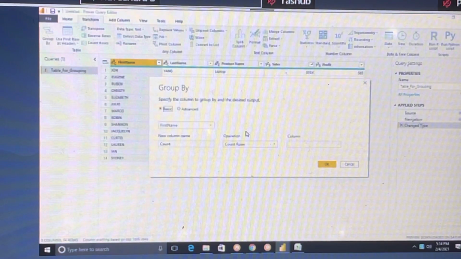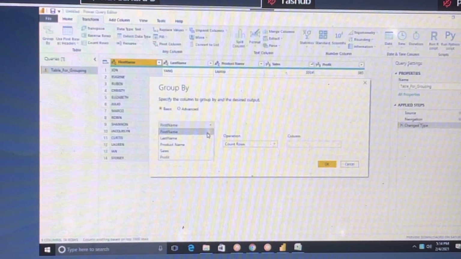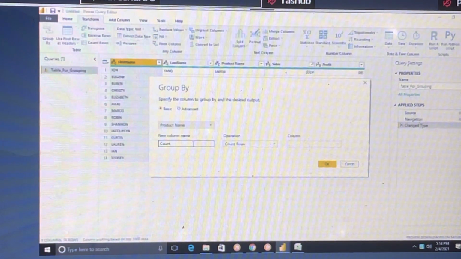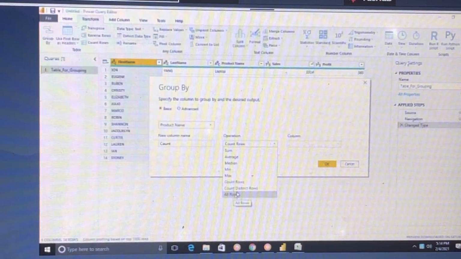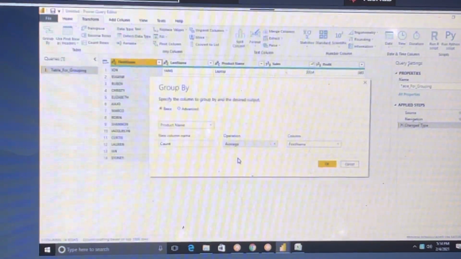Based on what we want to do, based on product name, we wanted to get the average sales and average profit. Here we have all the operations: average, min, max, sum, count rows, count distinct rows, and so on. Now click on average.